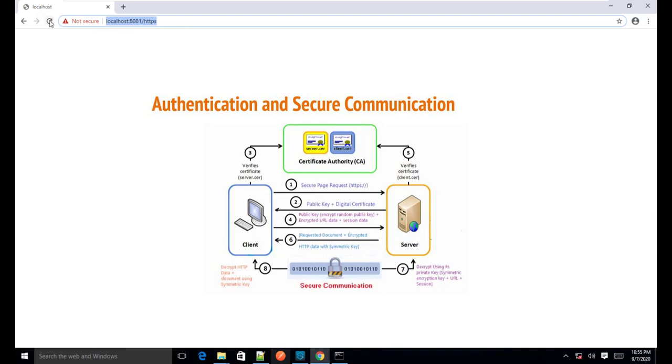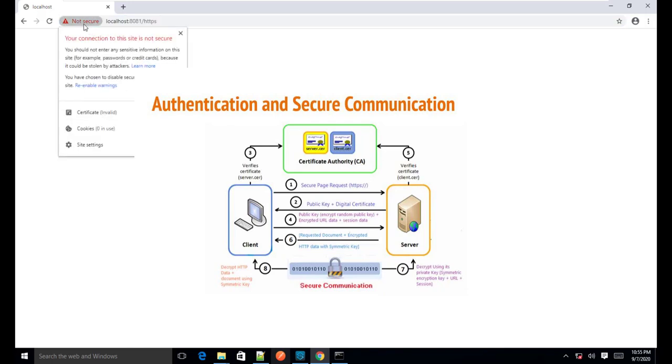Let me repeat once again that I have tried to access the service at the same URL, but it is not allowing. At the same time, it is also showing that the certificate presented from the server side is not valid, right?